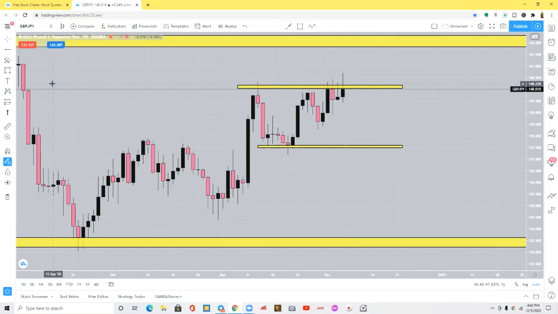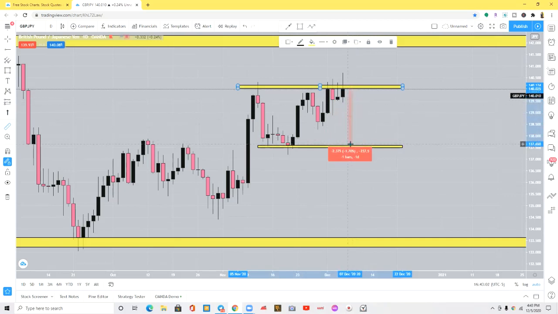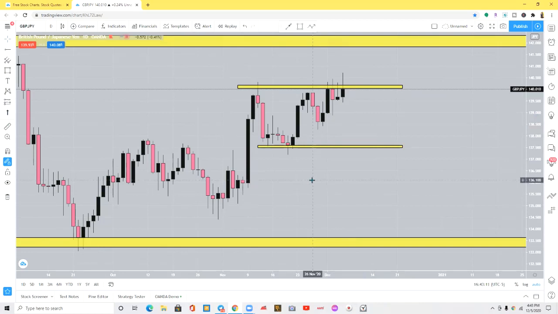Because this is a high liquidity pair, GBP JPY, it's okay to trade this. We're looking at from where price closed on Friday all the way, if it comes back to this support around 137,613, we're looking at 230 plus pips. But how do you know it's actually going to come right back down to that support? Look, we can only know that if, when the market opens up on Monday, Tuesday give